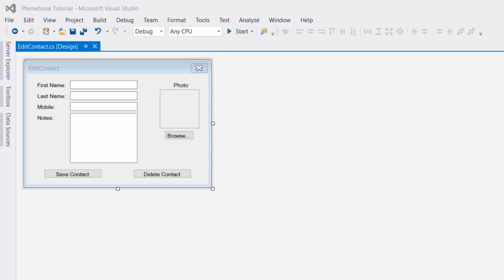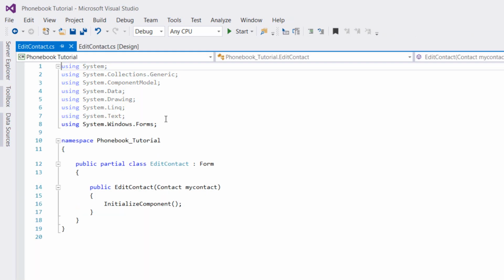In this tutorial we're implementing the edit contact form, and as you know from the previous tutorial, the edit contact form is called from the view contacts form, and we pass the information of the contact that we want to edit. So the first thing we're going to do is load the passed info in our form. Right click on the form, click on view code, and in the constructor of the form class,